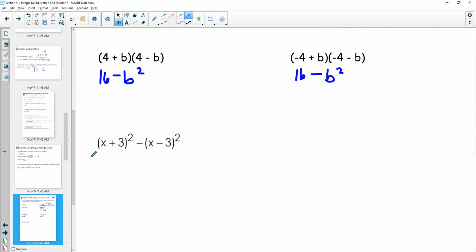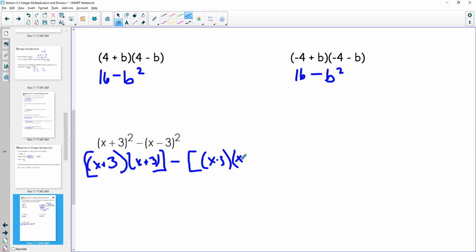We FOIL. So this is really x plus 3, that quantity, times x plus 3, right? So this minus x minus 3 times x minus 3. So take a minute, work through. Okay, so the first side, you should get x squared plus 6x plus 9, and then minus the whole thing, right? X squared minus 6x